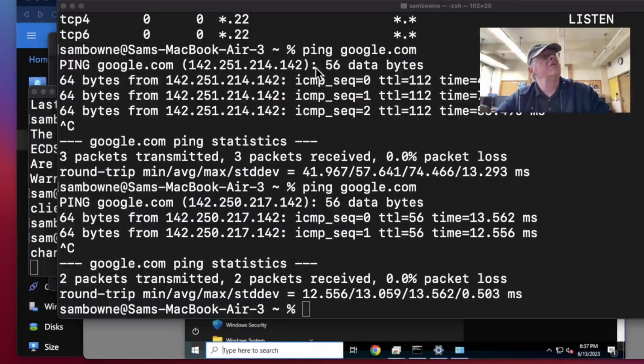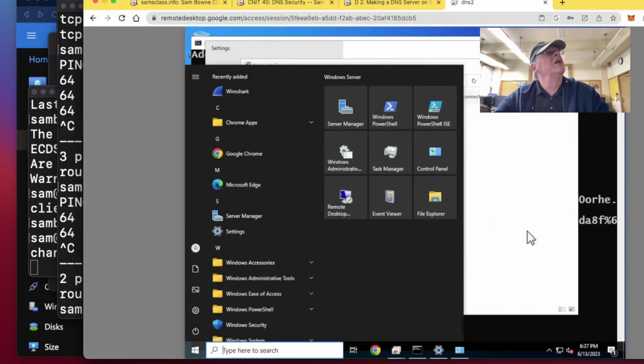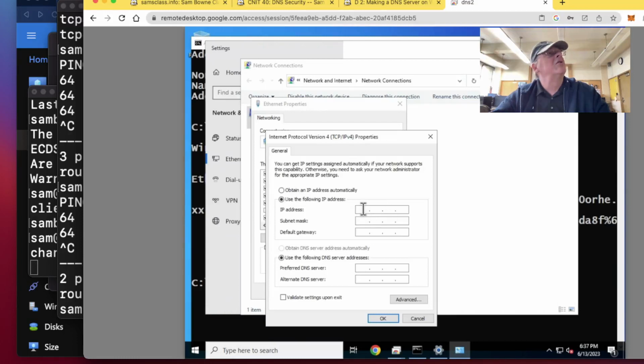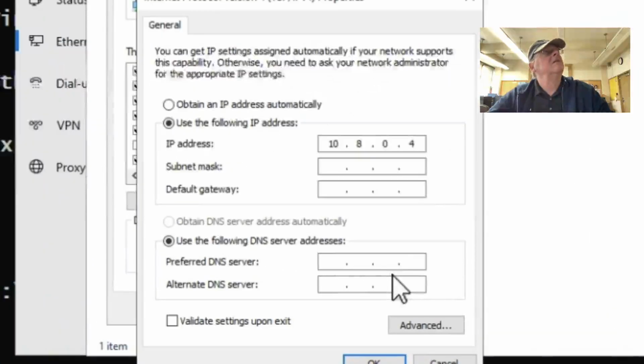All right, I'm trying to get to Opera, and somehow I'm not succeeding. Where's Opera? Down here. Okay, 10.8.04. Okay, 10.8.04. All right. And 255.255.255.0, and 10.8.01. And here's the important part,